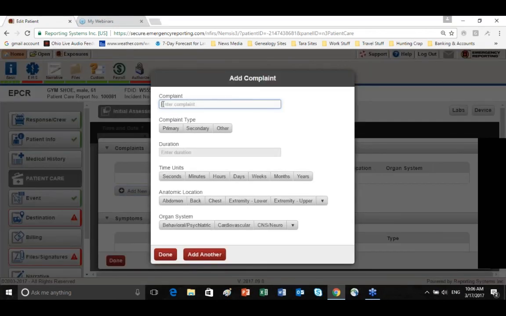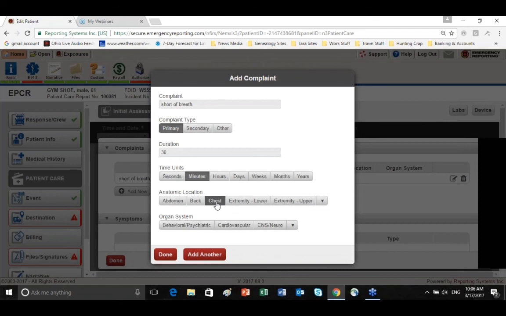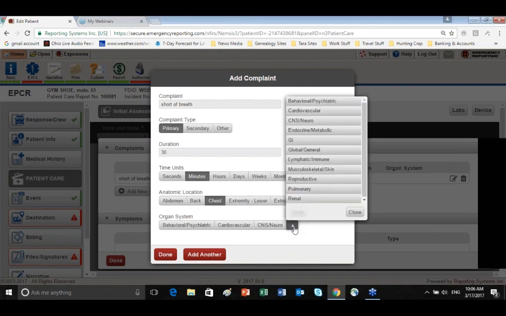In this case, our patient is the typical COPD patient, so we're going to type in short of breath, and you'll note that when I typed in my first complaint, primary under complaint type auto-populated, and we're going to put 30 minutes as my duration, and anatomic location chest, organ symptom, and this will be